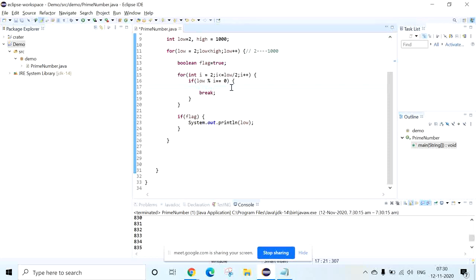Always flag is going to be true, which means for each and every low we are going to get the output. Got it? When it comes to 2, it will print 2. When it comes to 3, it will print 3. When it comes to 4, it will print 4. When it comes to 5, it will print 5. When it comes to 6, it will print 6. Okay, so